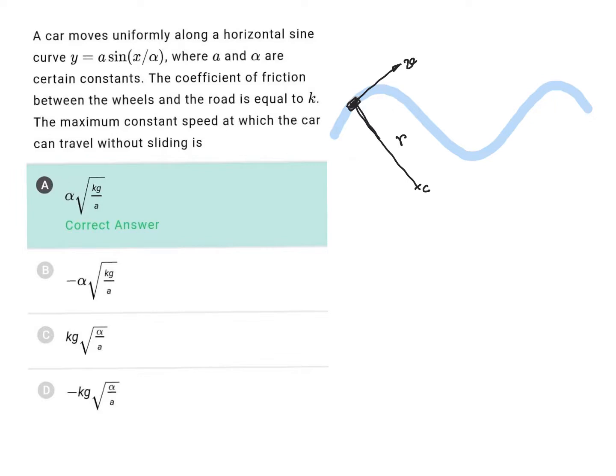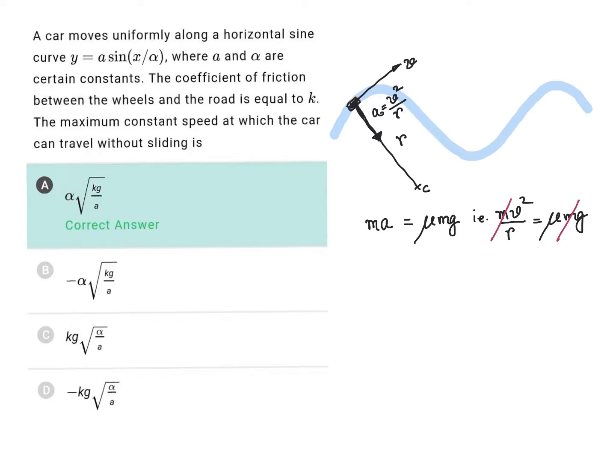The tangential acceleration is 0 because the speed is constant. Centripetal acceleration is V square by R. So this friction supplies the centripetal acceleration. So ma is equal to mu times mg, that is, m v square by r is equal to mu times mg. So cancel this m,